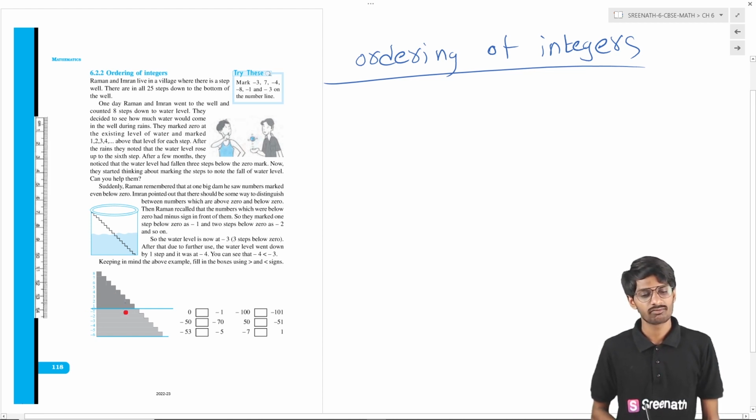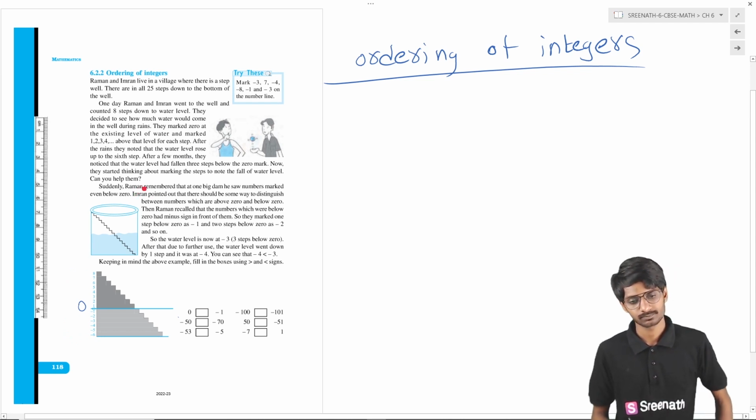They went into the well and they saw the water level is up to this level. So they marked this level. This level is the reference level and marked as 0. To the upside they marked 1 step, 2 step, 3 step, like that, and to the downside also they marked 1 step, 2 step, 3 step, like that. So they will wait for the rainy season. After a few months what happened,